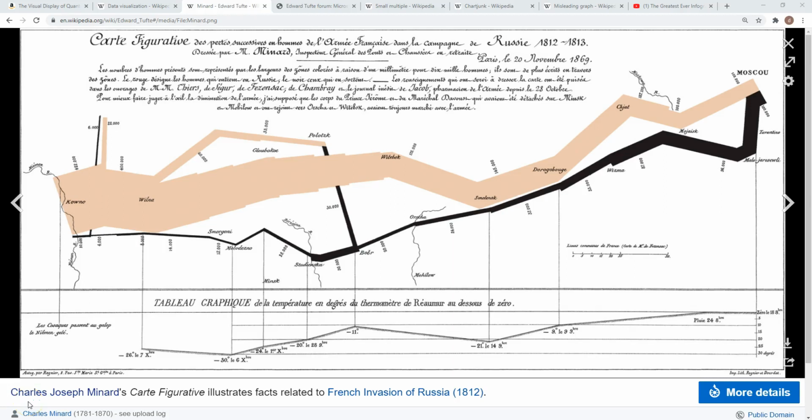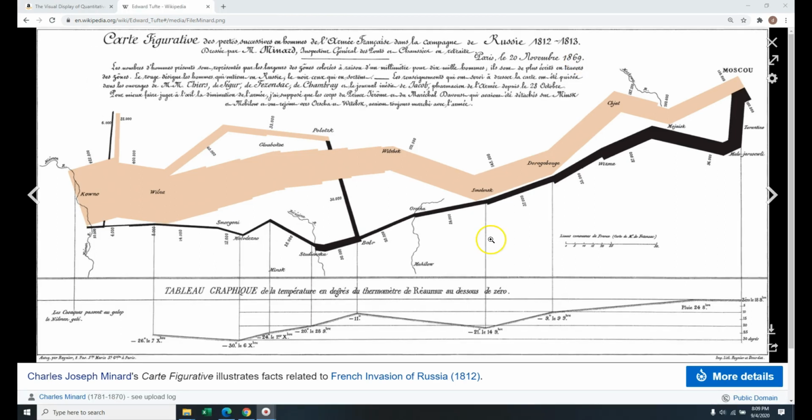Before we create our first Excel charts, I would like to start with a story, and I'm going to start with the story of what's considered by some the best infographic of all time. And it's an infographic from 1869 depicting Napoleon's invasion of Russia. Please click in the upper right corner for the video story, or you can also find it below our video, and then you can come back to our video.